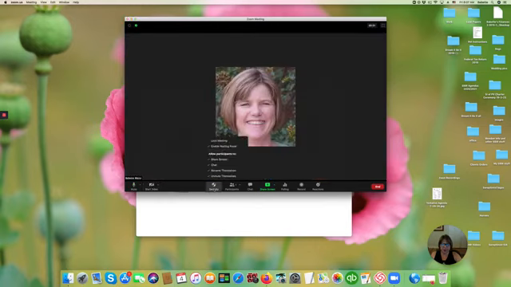Then we have security, where you can have the options to change a couple things. Here's a waiting room enabled. You allow participants to share the screen, to chat, to rename themselves, and to unmute themselves. You can turn all of these options off if you keep clicking on them. There we go. Now unmute is unclicked. I'm going to click that back up, and it is back. So it's just the settings in your meeting that you can do right there